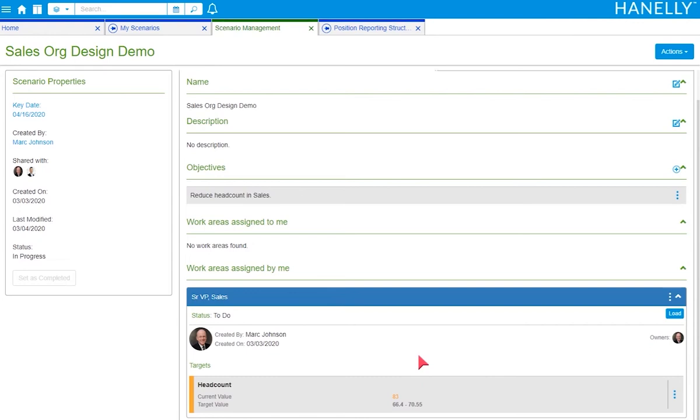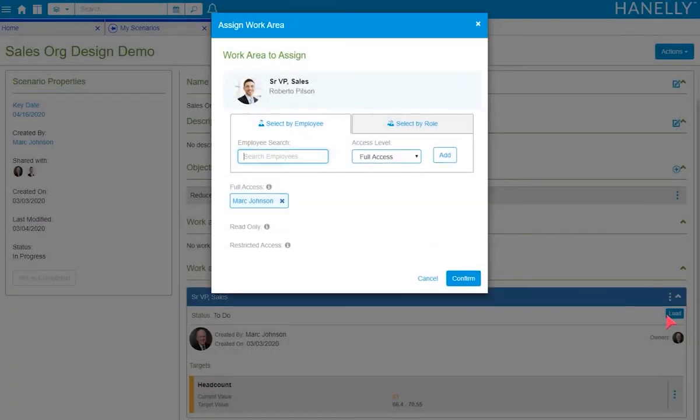Because of my role within this scenario, I can also assign this work area, so Senior VP of Sales, to other users by opening the context menu over here and clicking on Assign Work Area. The window that opens is very similar to the one that we saw for sharing a scenario, only now it'll assign a work area to the selected users. So for this example, I'll just go ahead and search for Roberto Pilson, the Senior VP of Sales and manager of this organization,